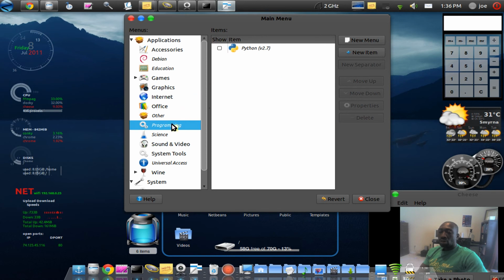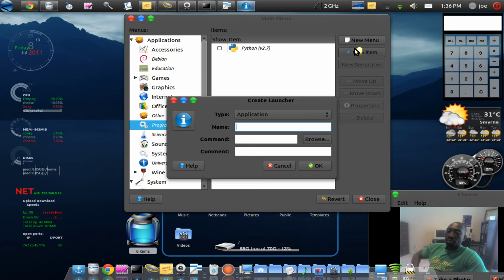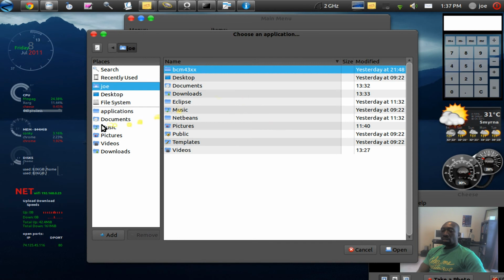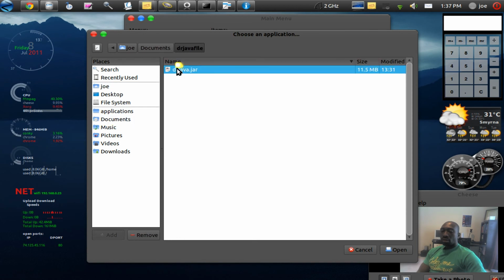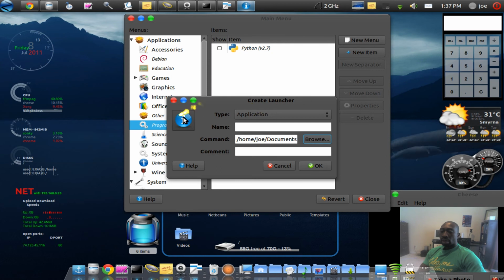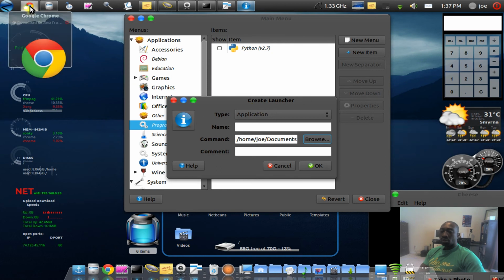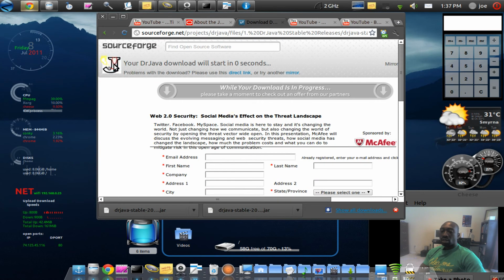So make sure programming is highlighted, then click on new item, and then let's locate the jar file that we just downloaded. I put it here, Java files, and then that one. Open it up. Now locate an icon. I use the same icon as Dr. Java. If you don't have that, just